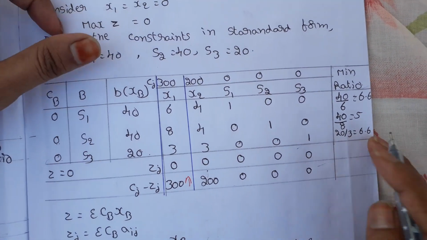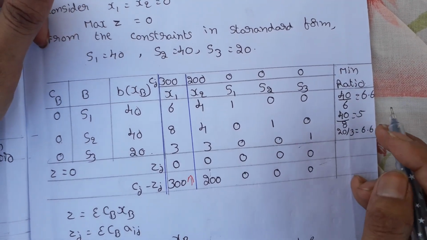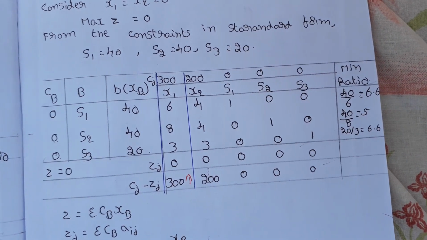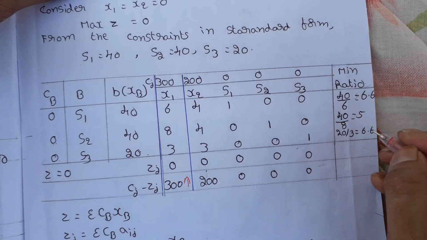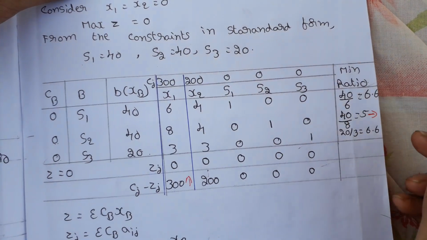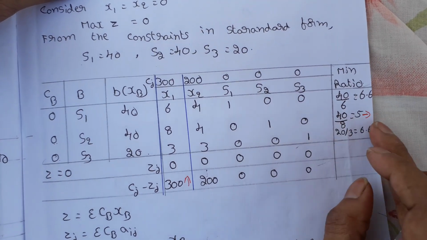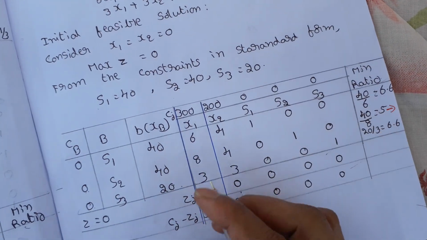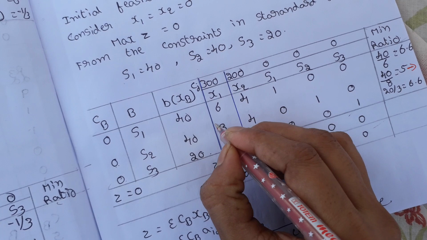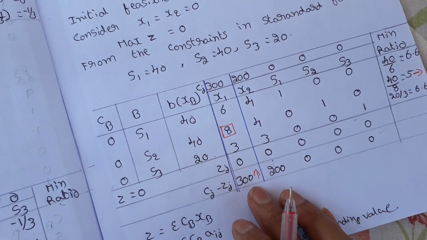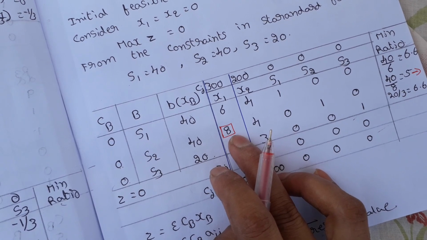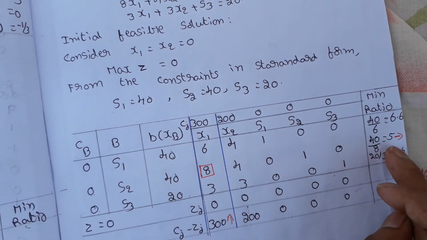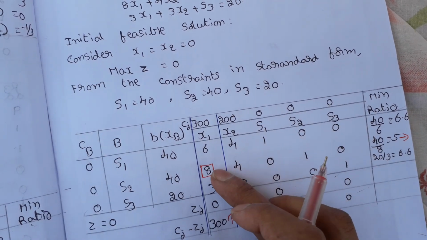So now we need to find out the leaving row. What will be the leaving row? The row where the lowest, or smallest positive value of the minimum ratio is. Which is the smallest positive value of these three? 5. As 5 is the smallest positive value, it will become the leaving row. Okay. Now why we require this leaving row is so that we can identify the key element. What is a key element? The key element is the point of intersection of the entering column and the leaving row. So the entering column is this one, the leaving row is 2. What is the point of intersection of these two? It is 8.